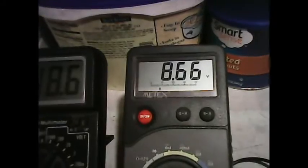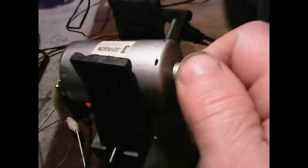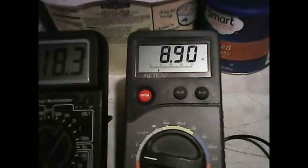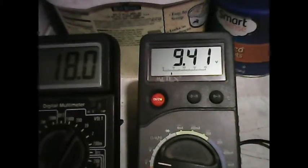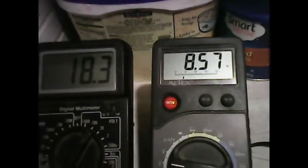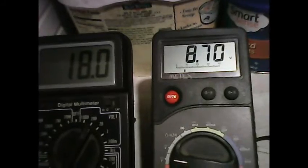Now we're at 18 volts, and we're at around 8.7 volts across the motor now. So now the circuit is working at 18 volts input with a regulated supply, and now we're going to put a stall across the motor. There's the voltage. Now I put a stall across the motor, and the voltage goes up. If I drop that down to about 8.5 volts,